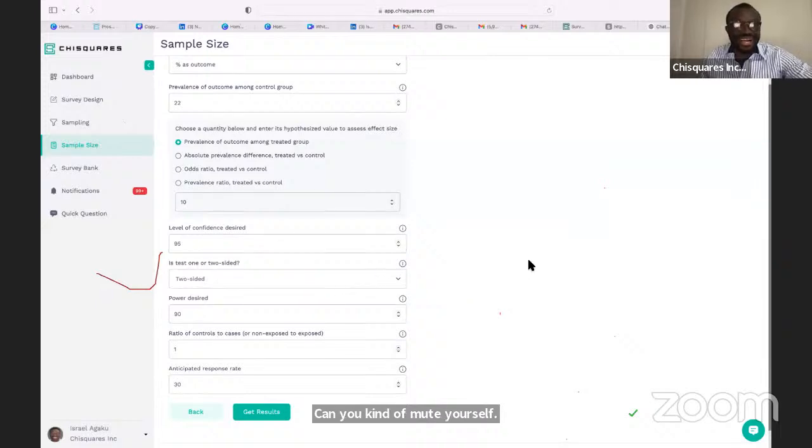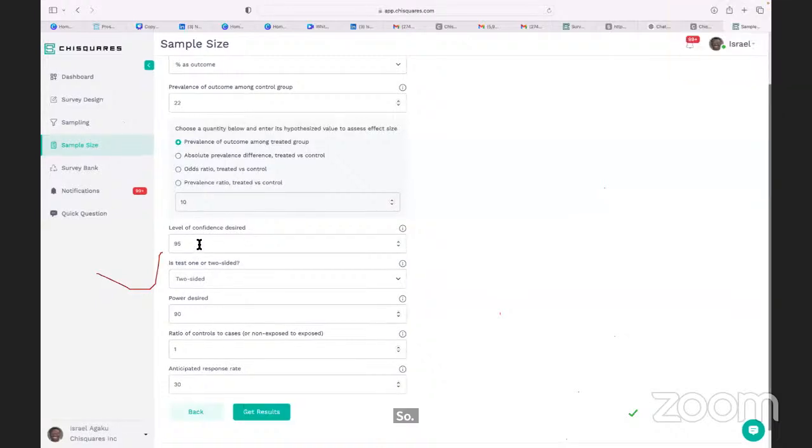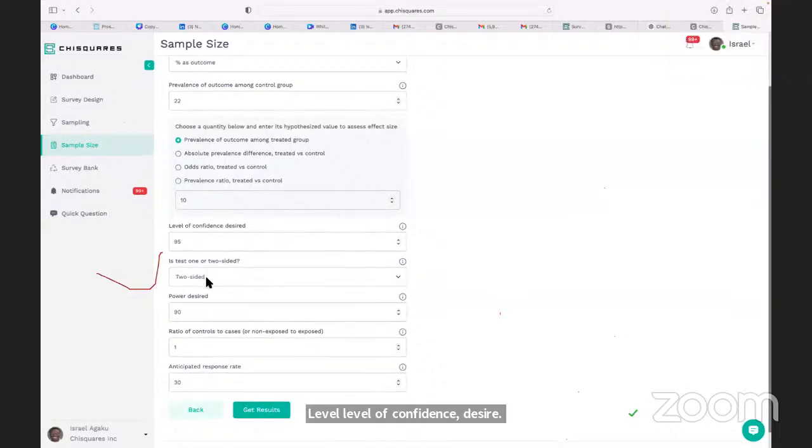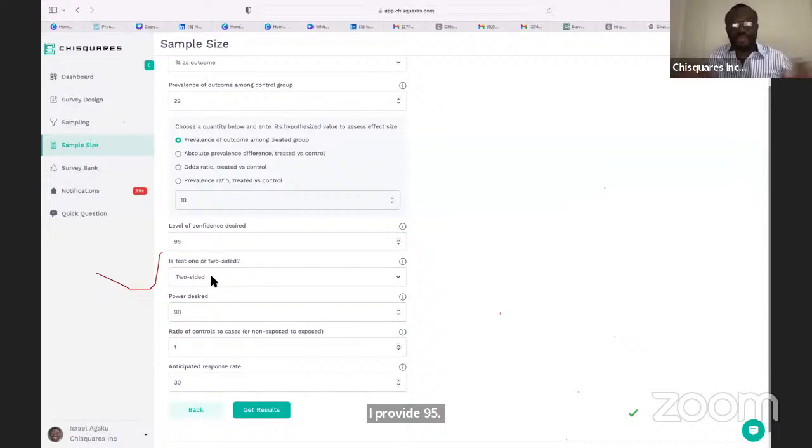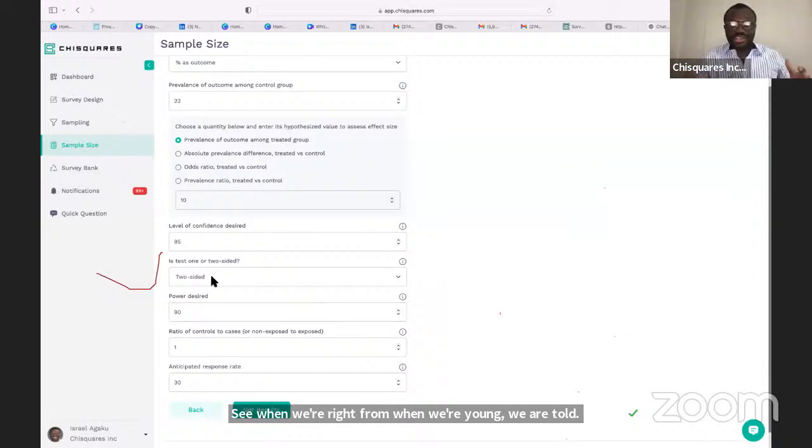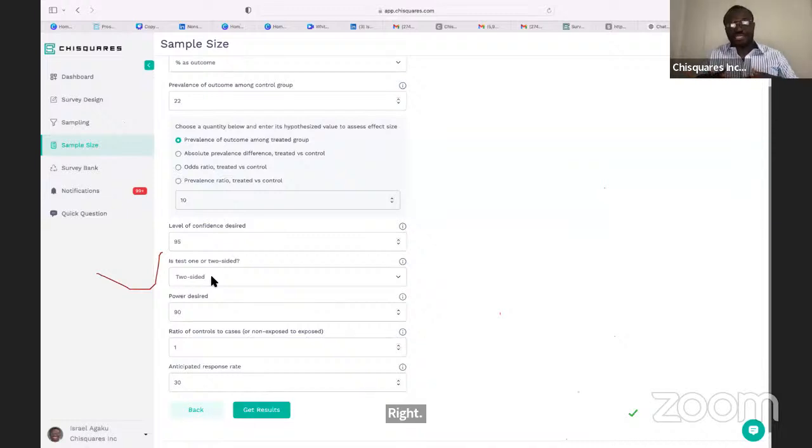Thank you. So for the level of confidence desired, I provide 95. Is the test one-sided or two-sided? You always want to go with a two-sided test. A two-sided test is like crossing the road. Right from when we're young, we are told, look left, look right before you cross the road. Don't just look left and assume that there are no cars coming to kill you from the other direction. Now, a two-sided test will obviously take more in sample size,